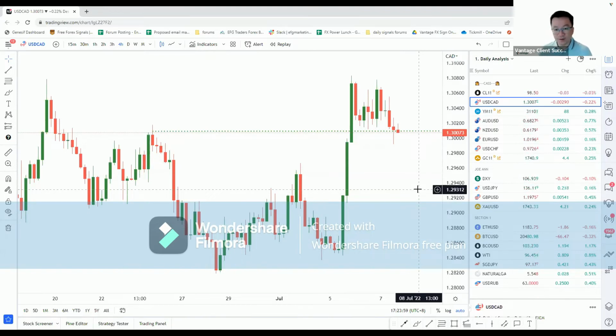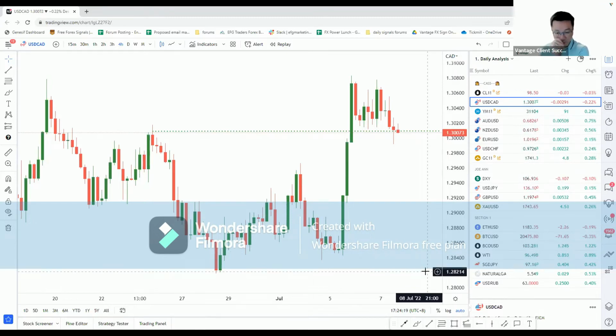If the sentiment does increase in that fashion, anticipating a rate hike of 75 basis points, then we're going to see the Canadian dollar strengthen, possibly towards that 1.28